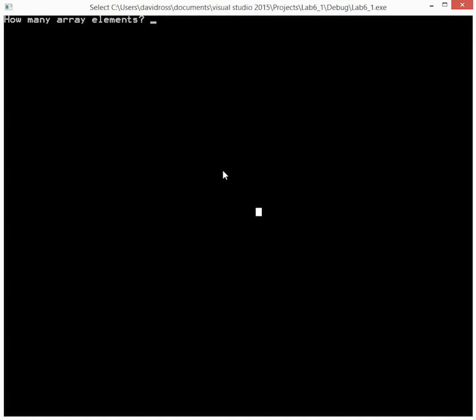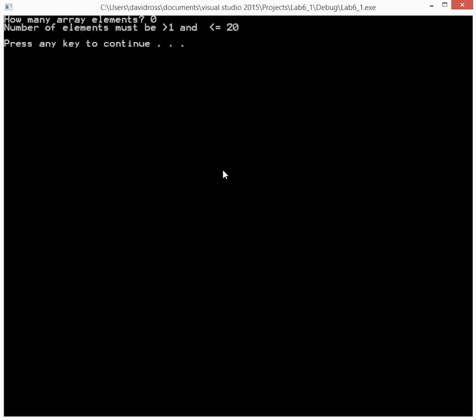When I run my program, it should ask me how many array elements. If I push in 0, it should tell me it should be between 1 and 20. If I put in 21, it should give me the same thing, and every time I hit enter, it should clear. If I select 10 elements in the array, I can put in random numbers 66, 34, 60,